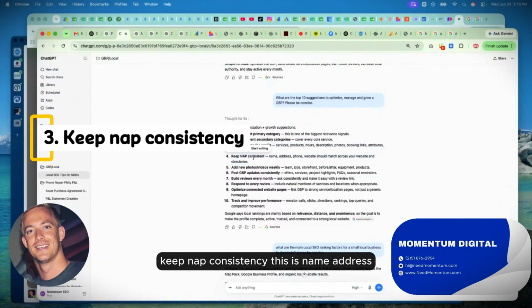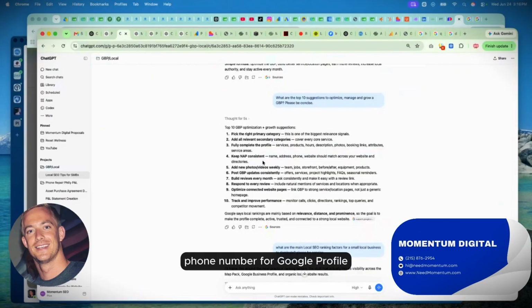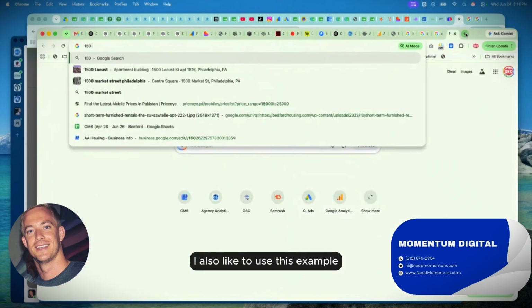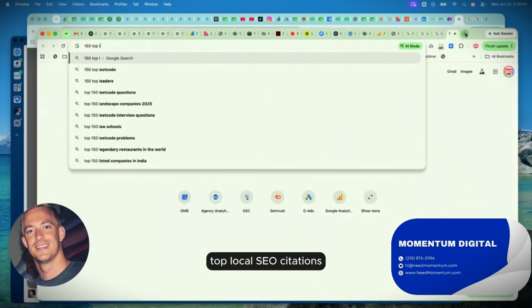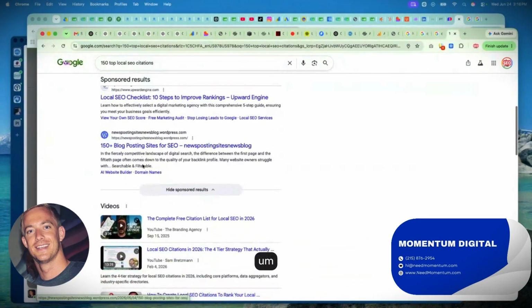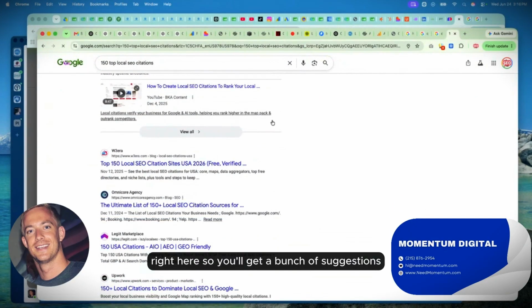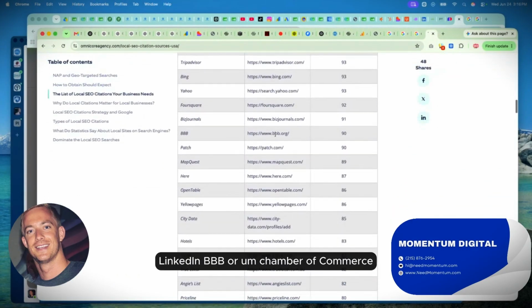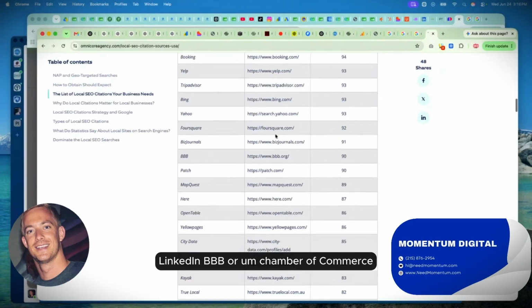Keep NAP consistency. This is name, address, phone number. So not just Google, but if you have a name, address, phone number for a Google profile, then it should match on Bing, Apple Maps, Yelp, Foursquare, Pinterest. There are hundreds of citations. If you're looking for the best citations, guess what? You could ask ChatGPT. I also like to use this example, top local SEO citations. I think it's from a site called Omnicore, right here. So you'll get a bunch of suggestions like Better Business Bureau, LinkedIn, BBB, or Chamber of Commerce, Biz